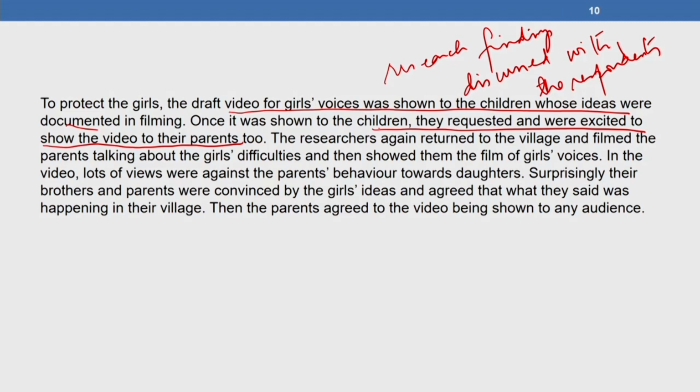So, in the video, lots of views were against the parents' behavior towards daughters, and surprisingly their brothers and parents were convinced by the girls' ideas and agreed that what they said was happening in their village, and then the parents agreed to the video being shown to any audience. So, this is a very clear example of informed consent,